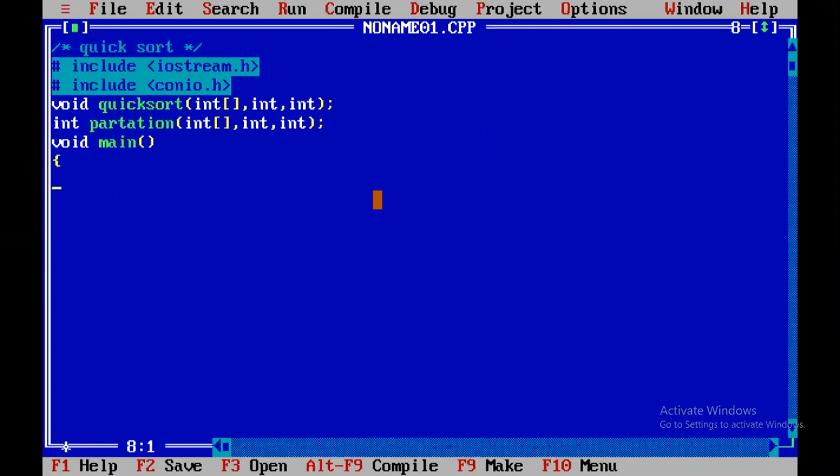So we need an array int a[20], int i, and int n. These are the local variables required for the main function. A is an array which can hold a maximum of 20 values. I and n are the local variables.